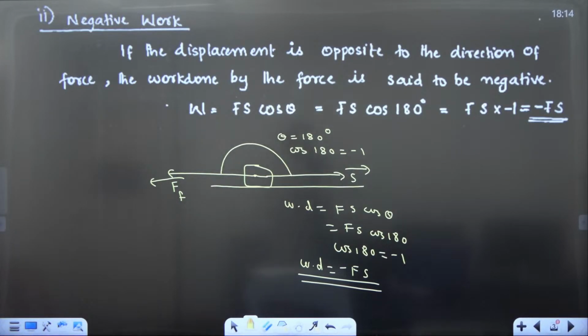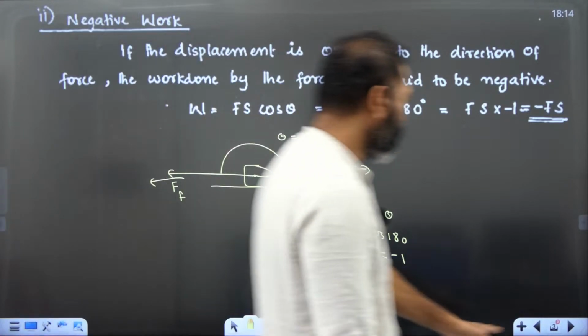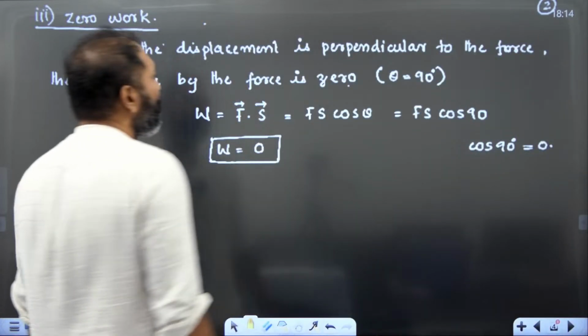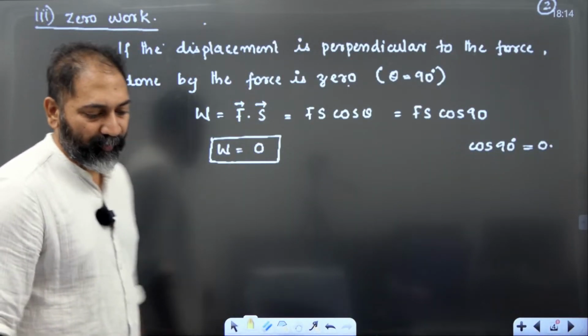Note down negative work done. Under what condition do we get negative work done? When the force and displacement are in the opposite direction, we get negative work done. Next is zero work done. If the displacement is perpendicular to the force, see,